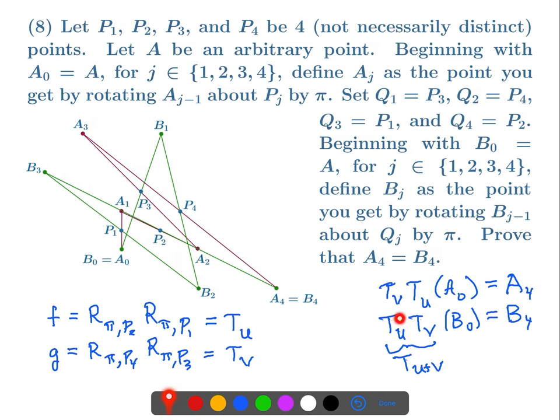So in both cases, these are the same. So if we translate by U plus V A0 here, we're getting to A4. Well, this was A0 as well, so we have to end up at A4 as well because this is T sub U plus V, both of these. So that's the argument, that we're just translating by the same